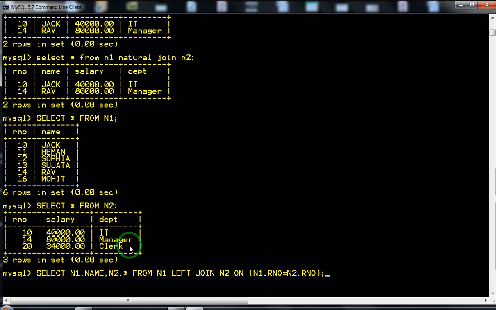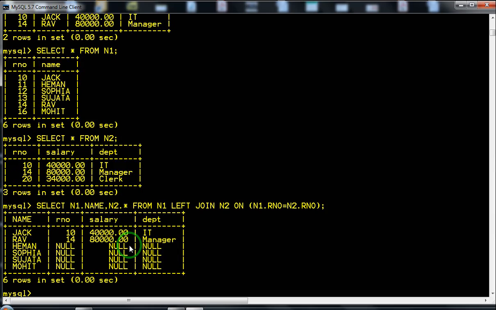So where n1 dot r number equals n2 dot roll number, I am applying the join on it.